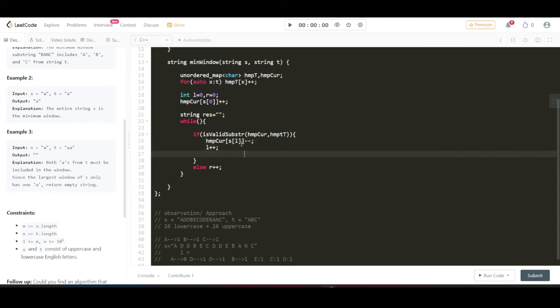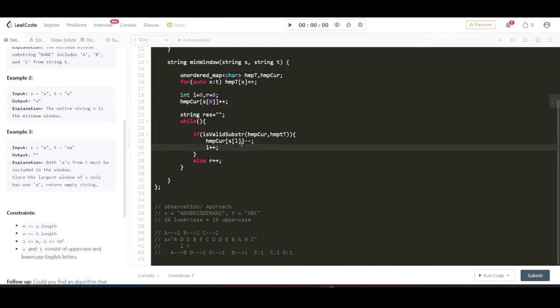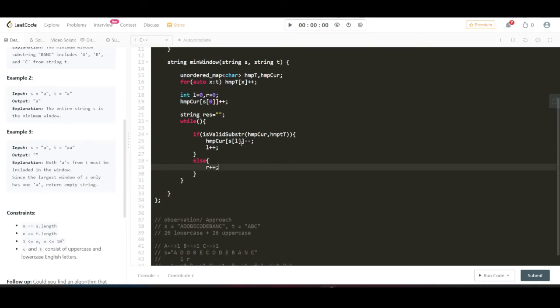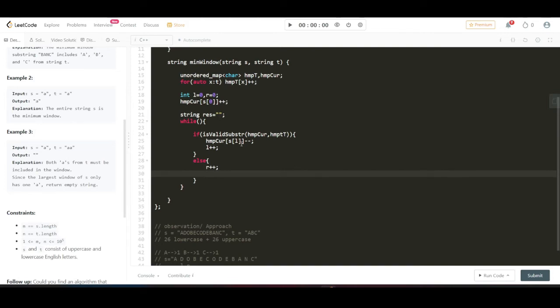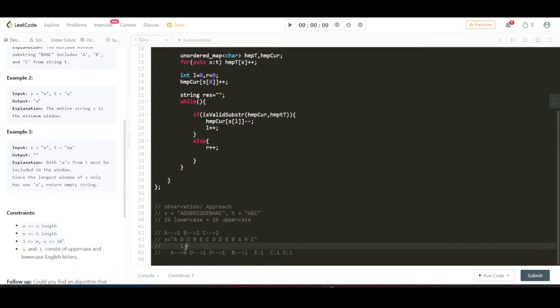And I'll just increment it. Otherwise, if I'm doing R++, this basically means that I am incrementing R. Now my R will be at this new position. Let's say initially it was at A, now I am including B in my substring window, right? So I'll say HMP current of R will be incremented, right? So I should do this till my R is